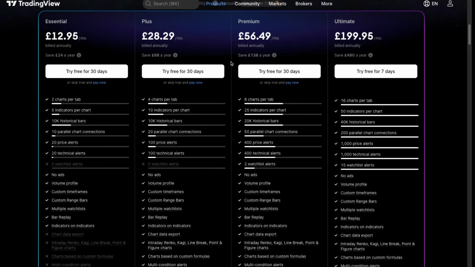Now let us talk about the Premium plan. This is TradingView's best value plan for most serious traders. Premium unlocks almost everything you could ever need. You get 8 charts on a single screen, which is perfect for day traders and for tracking multiple setups at once. You can add up to 25 indicators on each chart, which means you will never run out of space